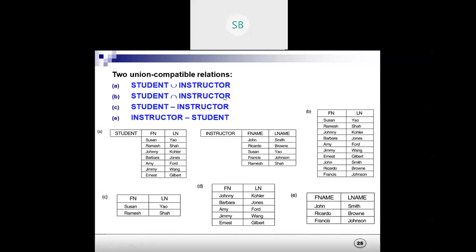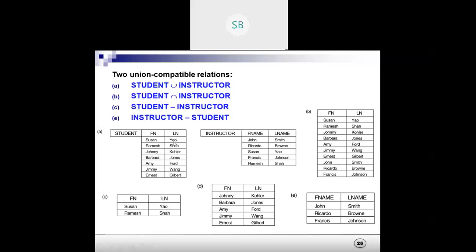When we go for union, we add up everything present in the student table and whatever is present in the instructor table, but we should remember that we should not allow duplicate values. You will find Susan and Ramesh are common, so they will appear one time, other things will come here.